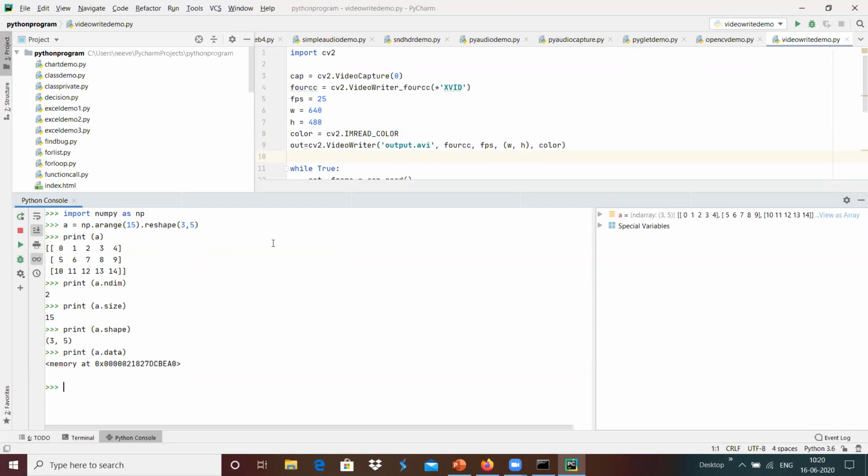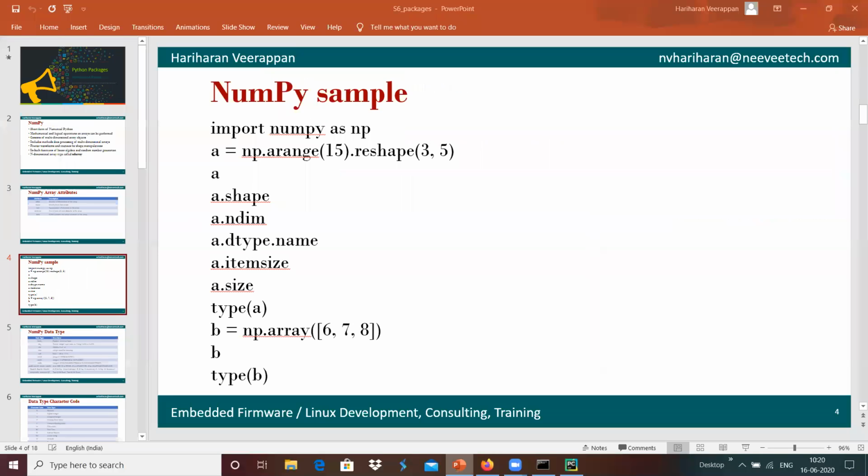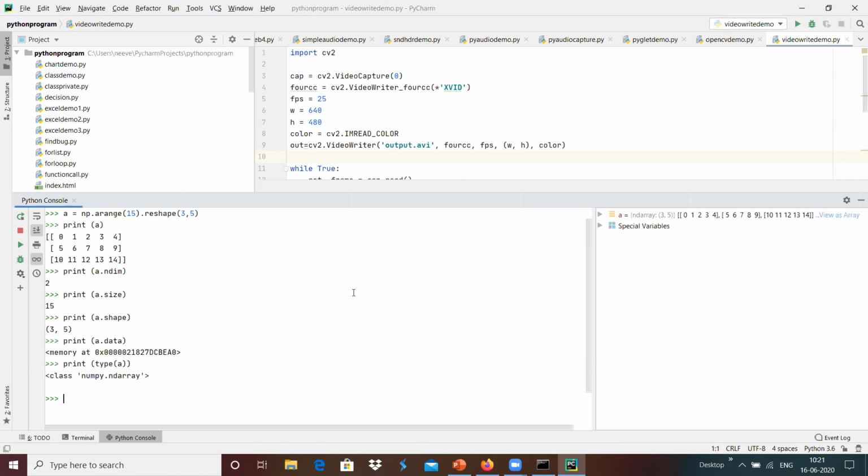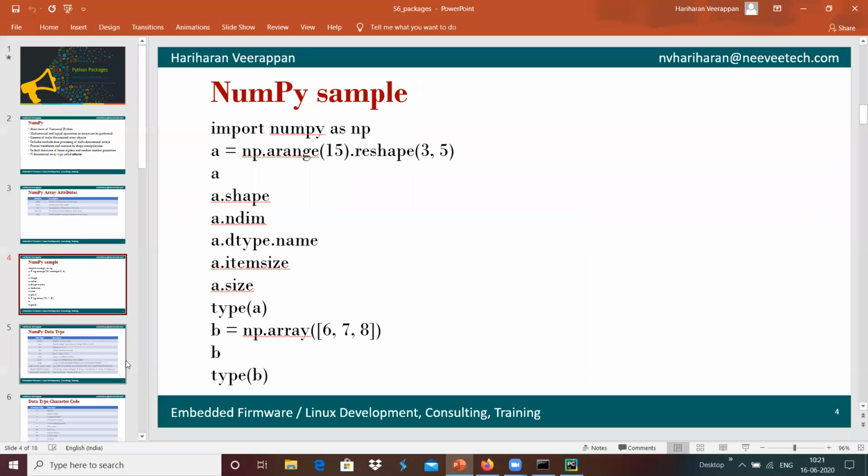Now we will see how we can do data manipulations with the help of NumPy over here. Maybe we can do print type of a. It's a class ndarray, a multi-dimensional array, that is the type of a over here.